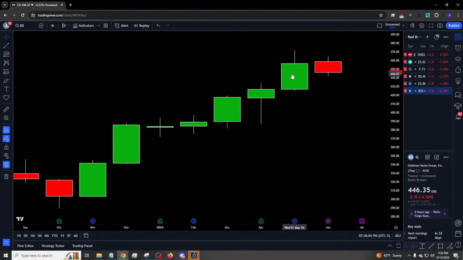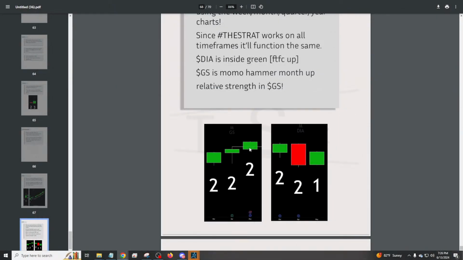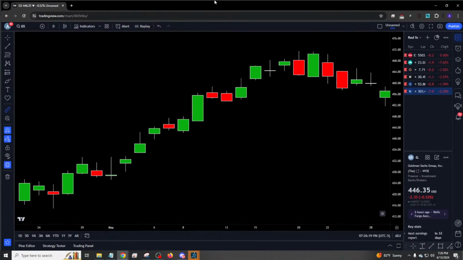When that was posted, it was trading like 444. This traded up another like $25 after that screenshot was taken. So all month, any reconfirming signal in Goldman Sachs is stronger than Dow Jones. And what you'll see is if we go into the daily chart in there,